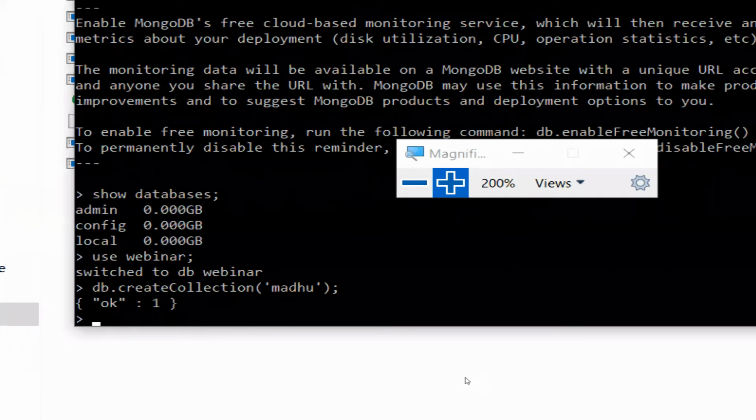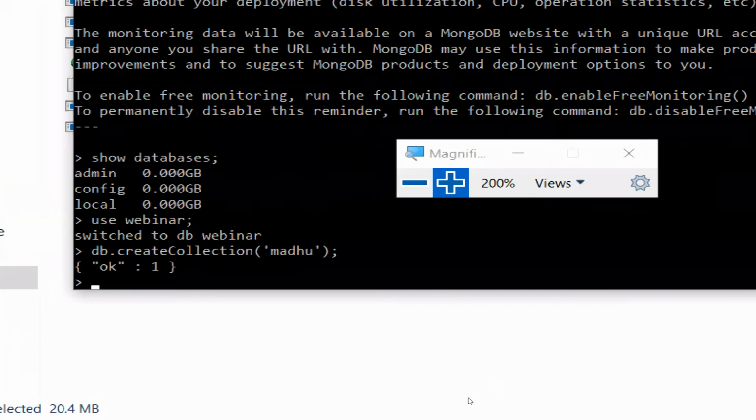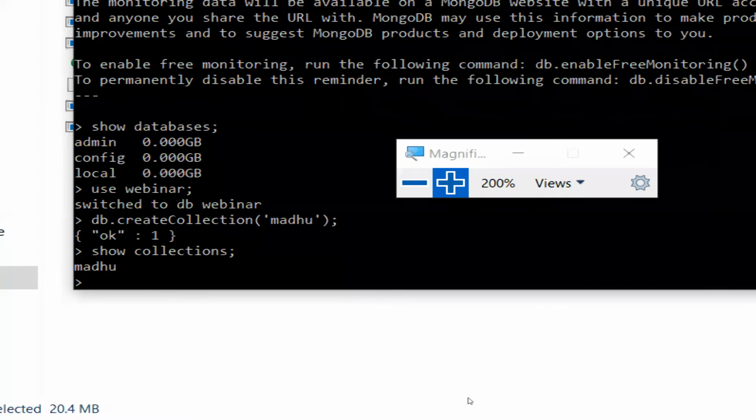Now the collection has been created. That is why it is showing ok: 1, which means that the collection is created with the name Madhu. And you can use a command called show collections. When you enter show collections, you can see the collection which is created there.